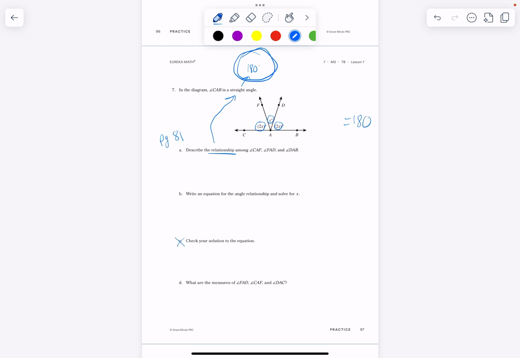But for part D, very important, you need to find the measure of FAD, CAF, and also DAC. So just solving for X isn't enough. You need to find the angle measurements. So I would write this on your paper. Angle FAD equals what? Angle CAF equals what? And then angle DAC equals something. So my hint to you on this one, solve for X, and then plug in that value once you solve for it into the diagram. So that's it for